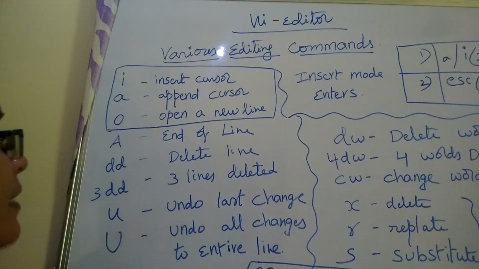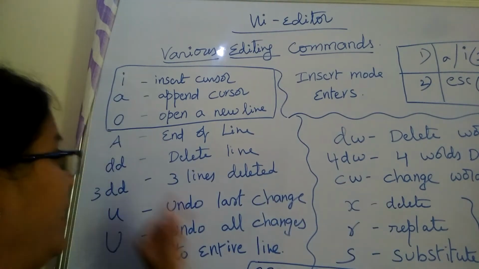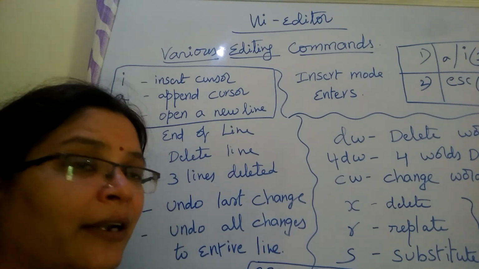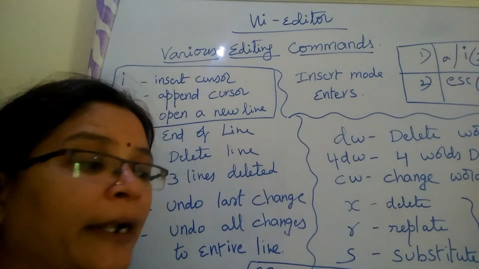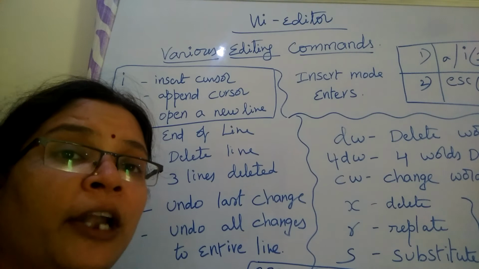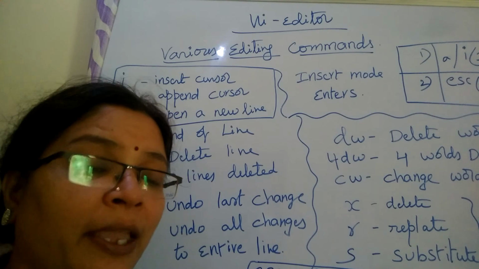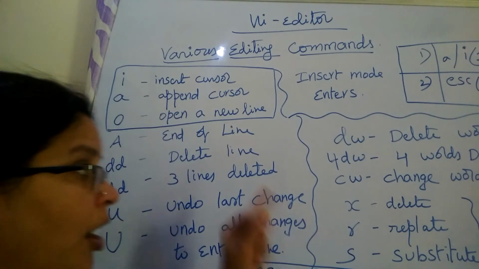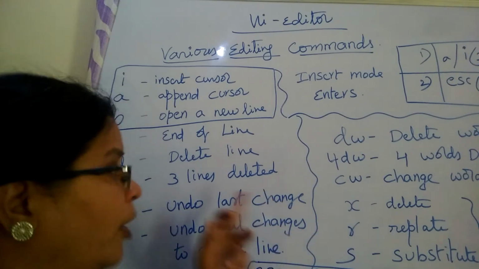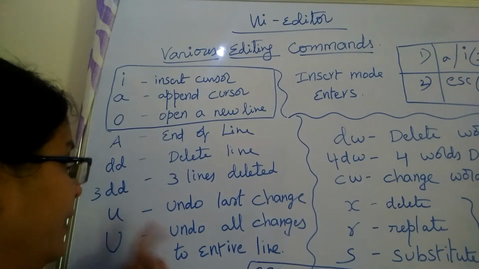Next we see in the escape mode, if you press capital A, that takes you to the end of the line. And the next one, dd: whenever you want to delete a particular line, you place the cursor at that line and simply press dd in the command mode, and the particular line will be deleted. Whenever you want to delete multiple lines, you get into the command mode, that means press the escape key, and simply press 3 and dd, and all the 3 lines will get removed. Suppose you want to remove 5, or 2, whatever it is, first you have to press that number and then press dd, and the lines will be deleted.